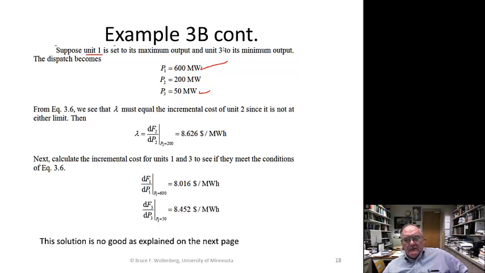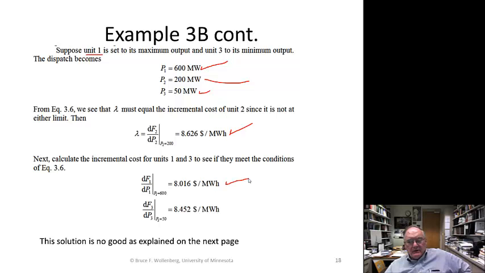Now, if I set this to its high limit and this to its low limit, then this unit has to be the remainder. So I got 650. Now this has got to be 200. Well, then I get a lambda like this, and if I calculate the incremental costs for units 1 and 3,